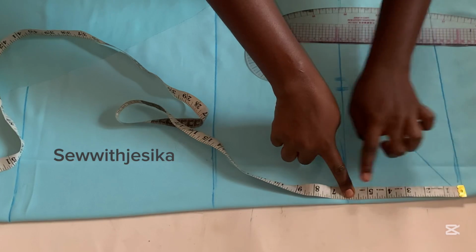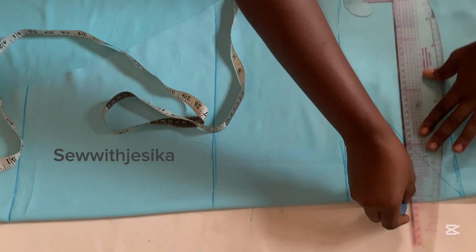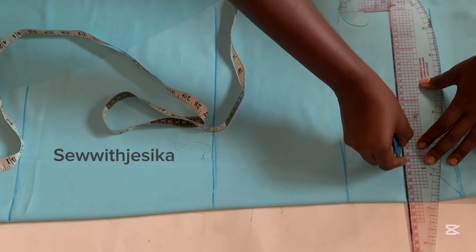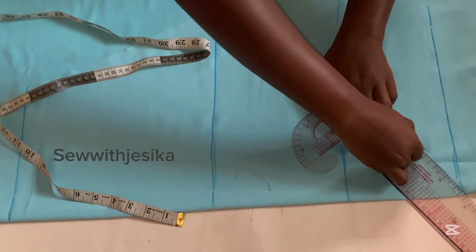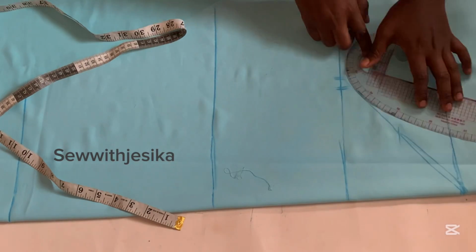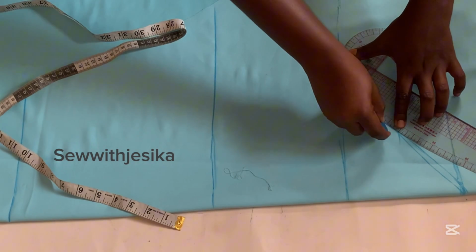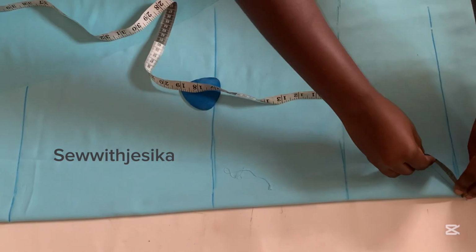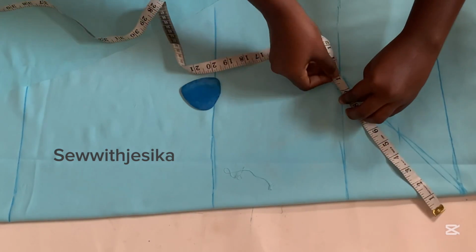Now mark the midpoint of that line here, which is the bicep length, and dot it where we have the slanted area. So just make sure that you mark it exactly where we have the slanted area, just as seen. Using your French curve, create a nice curve from the midpoint there to the top part, just as seen. Now we'll flip the curve in the opposite direction and mark from the midpoint to where we have the bicep measurement. Carefully place your tape from this curve that we have here, and this should give you the exact measurement